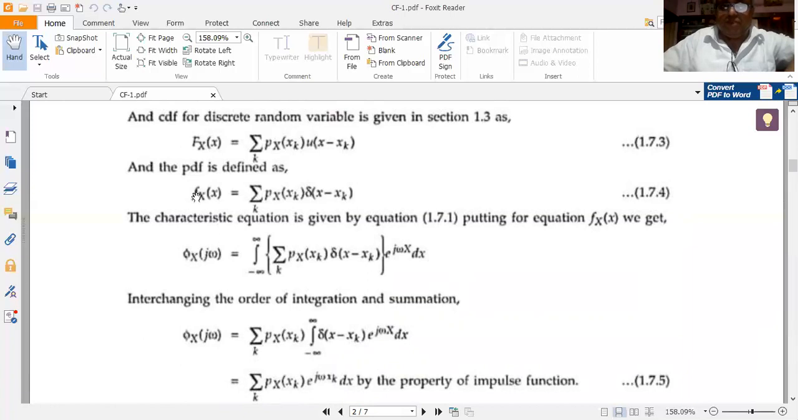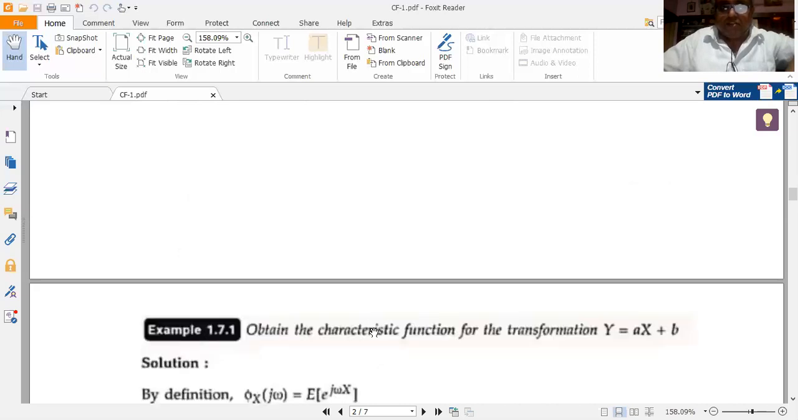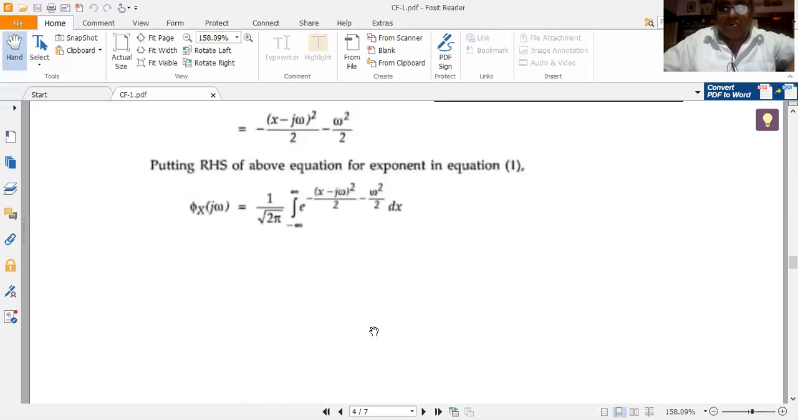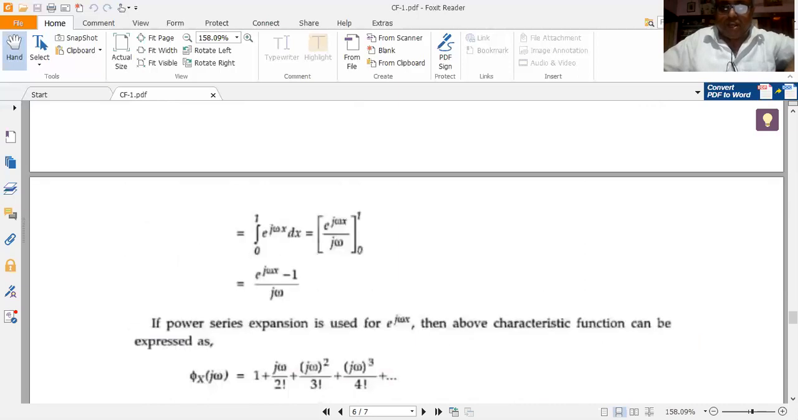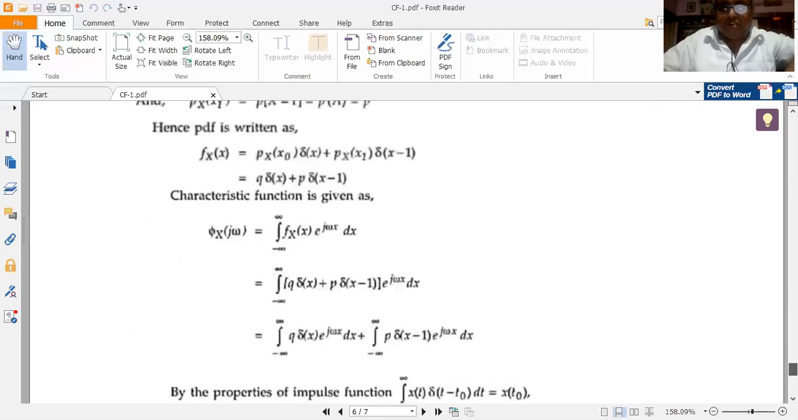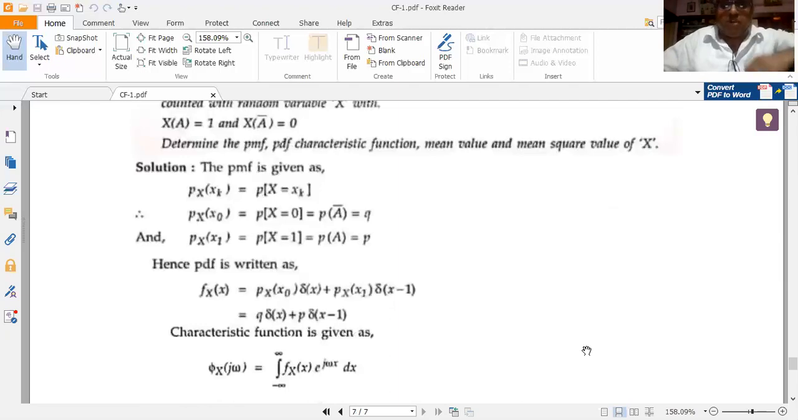The PDF for the PMF can be written as the weighted sum of unit impulse functions. So I am using this concept. I am using this equation 1.7.4 here for writing and solving this problem. It's a very, very simple problem, but how we organize the problem based upon the given data is more important here. So that's why there are only two events here, A and B,